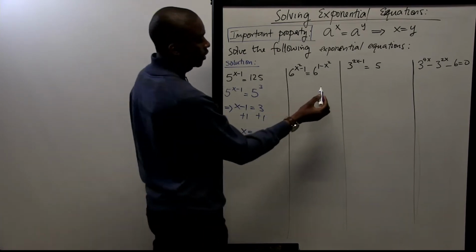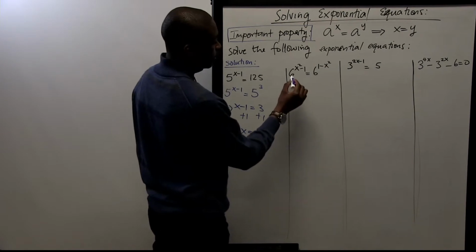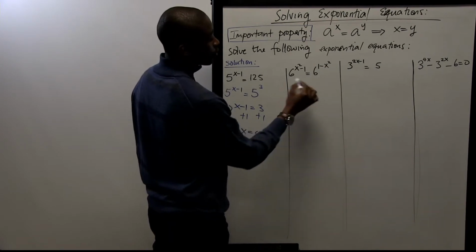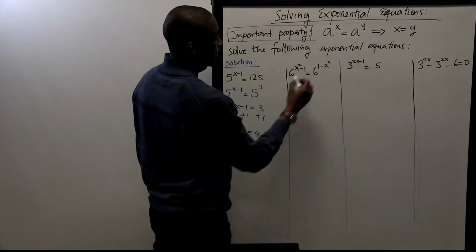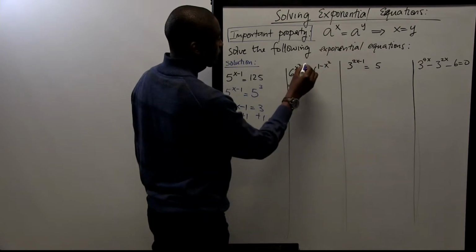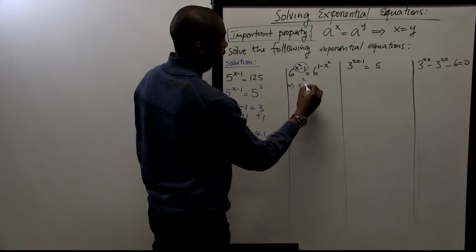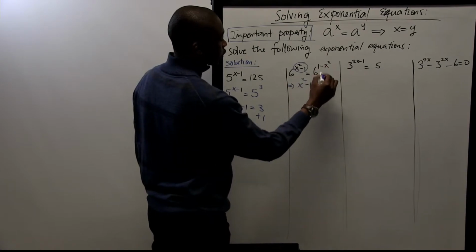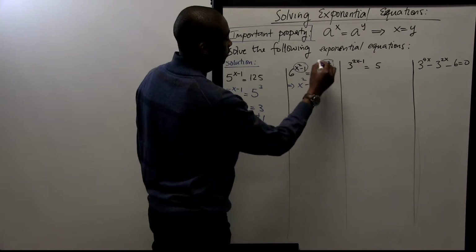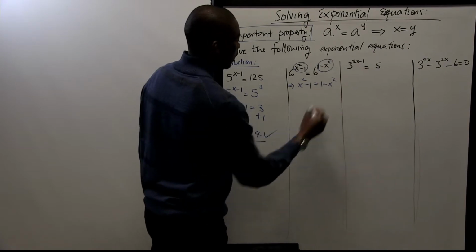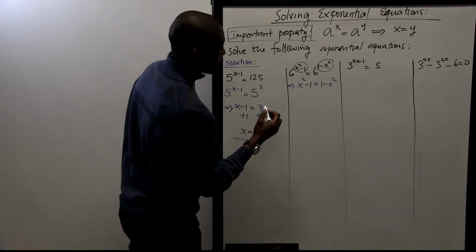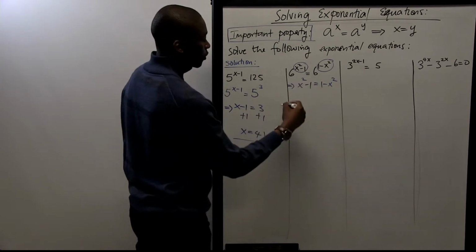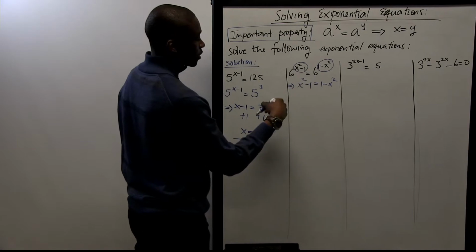In this particular example over here, well, fortunately the bases are already the same, so by this property, our important property, this implies that the exponent x squared minus 1 actually equals the exponent 1 minus x squared. So from this we have to solve for x. So how do we go about this? Well, we need to make sure the x terms are on one side and the constants